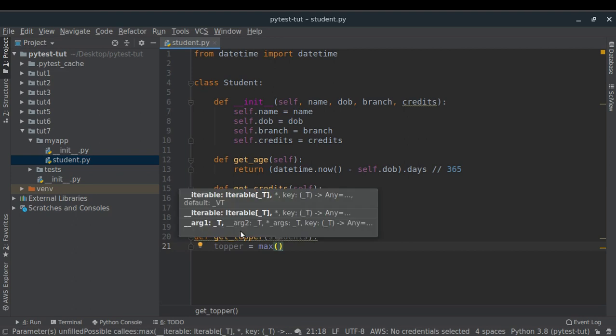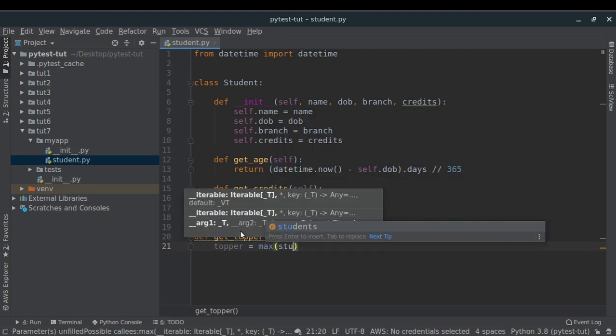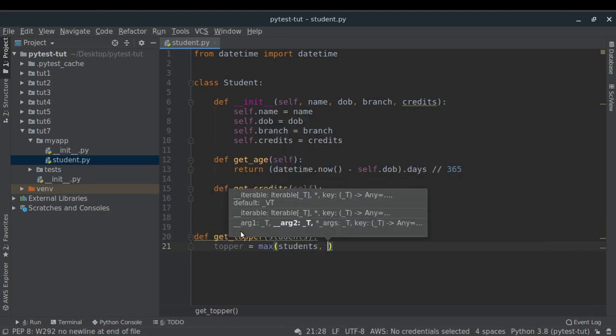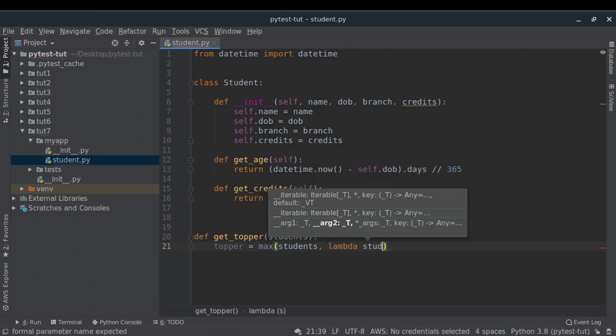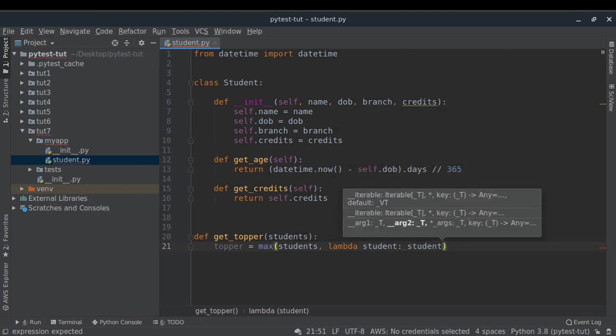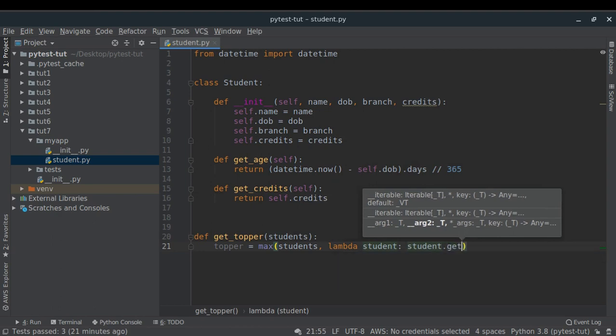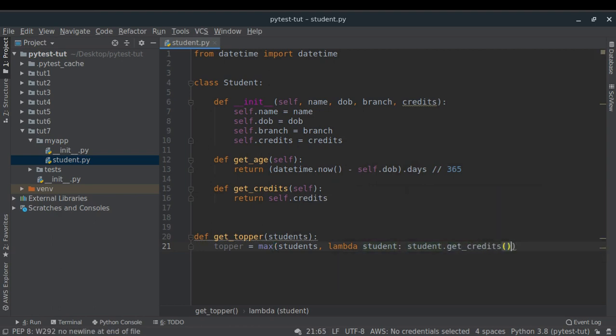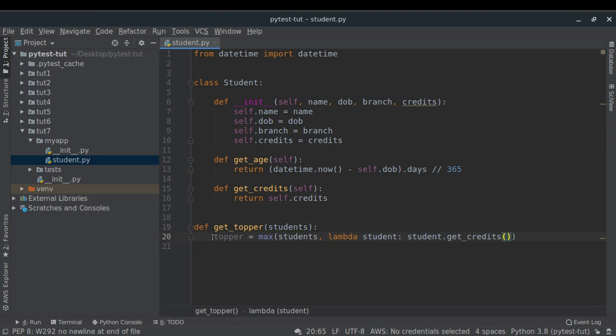The max function will be taking the students as input, and we'll be using a lambda function where we take a student and we do student dot get credits. Let me just return it directly. So this is how we have created the function get topper.